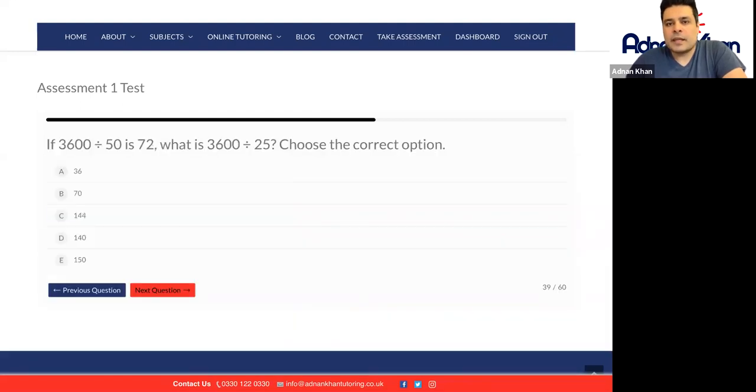Next question: if 3,600 divided by 50 is 72, what is 3,600 divided by 25? Now, in this case, what we can do is